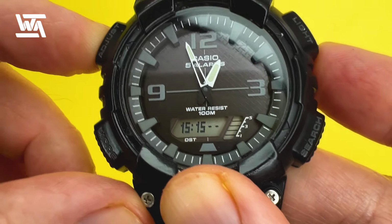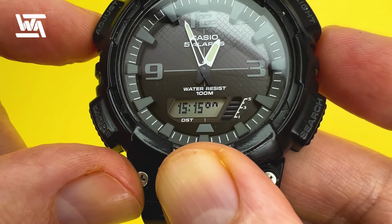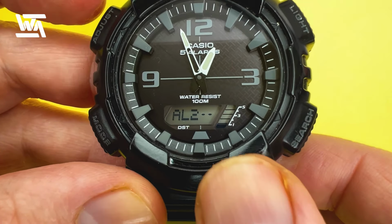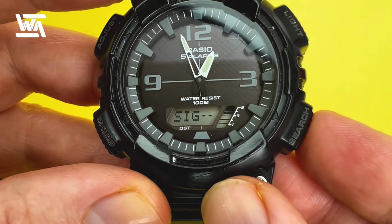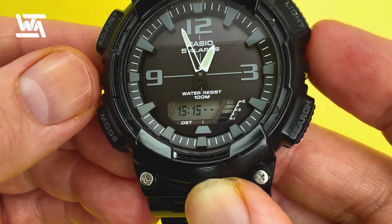But again, if I want to turn the alarm off, I can press the top left hand button, and if I want to turn it back on, I can easily do so again. So I'll just turn it off. If I want to do the same with alarm 2, I'll go through the same process of keeping my finger on the adjust button, and I can set a separate time if I want. And again for alarm 3, alarm 4 and alarm 5, and then obviously the hourly signal, which I've shown you. And that's how you set the alarms on this Casio